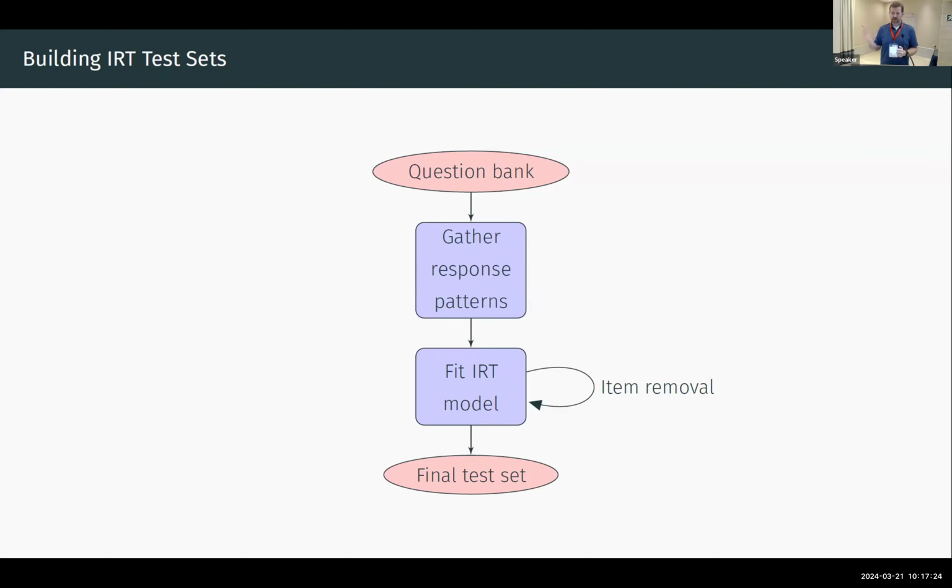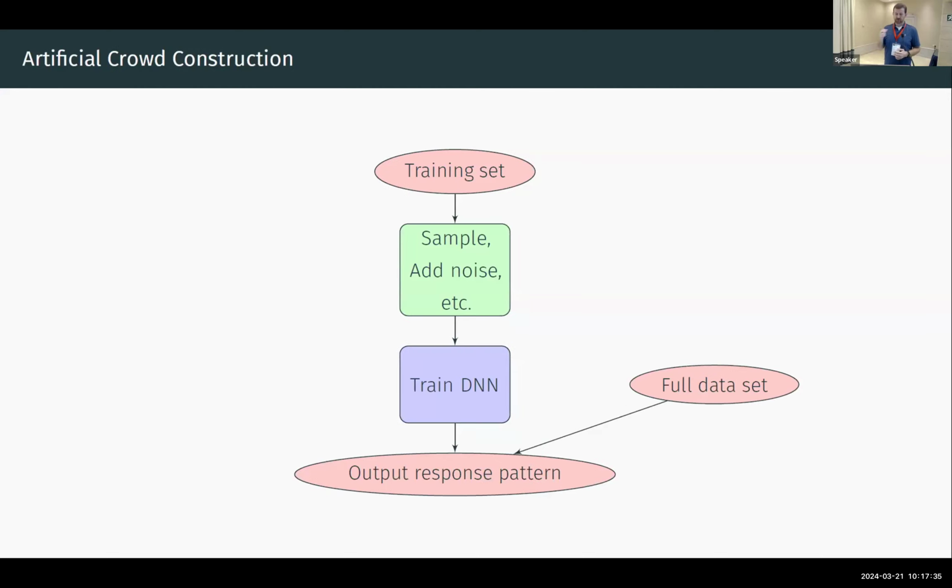Like we said, collecting the response patterns on the machine learning model side is trickier. So what we want to do is, instead of our question bank, we assume we have some training set or some data set that has been annotated. We have our known gold labels. And then the green box here, this is where we do something, let's say, to inject variety into the system